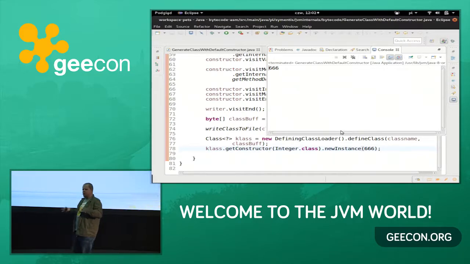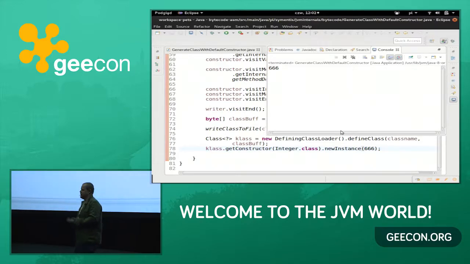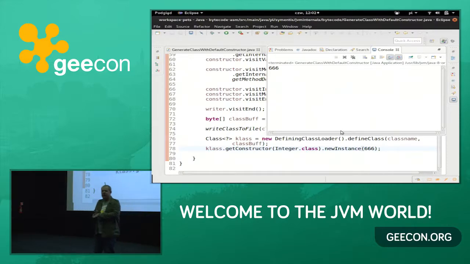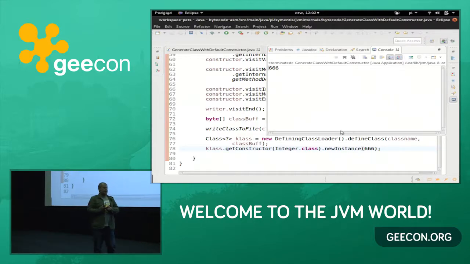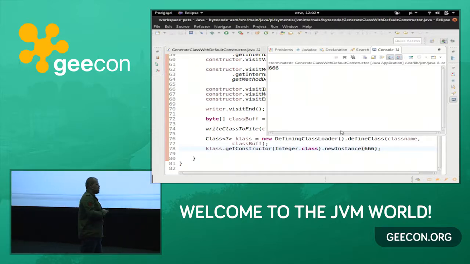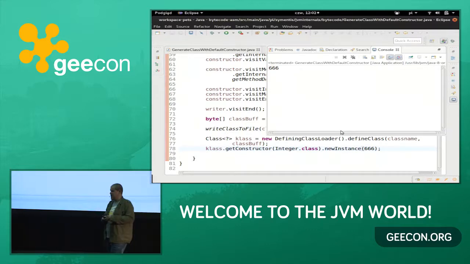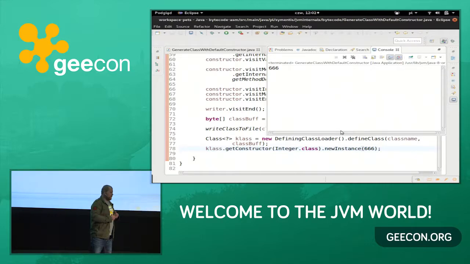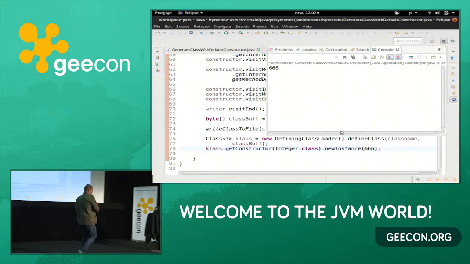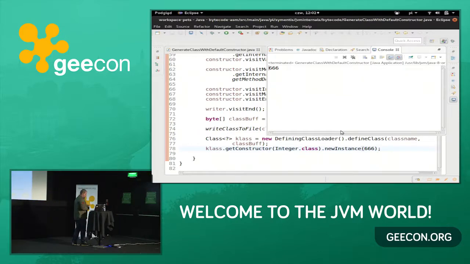As you see, ASM is pretty complicated, because you still operate at the bytecode level. There are better tools, and one of my favorites is ByteBuddy, definitely. There is Javassist, which is actually no longer actively maintained, I think. There is CGLib, which is full of memory leaks and problems with generated code. There is BCEL from Apache, which is not able to generate above 1.4. One thing I would like to show you, which has some practicality, is Byteman.